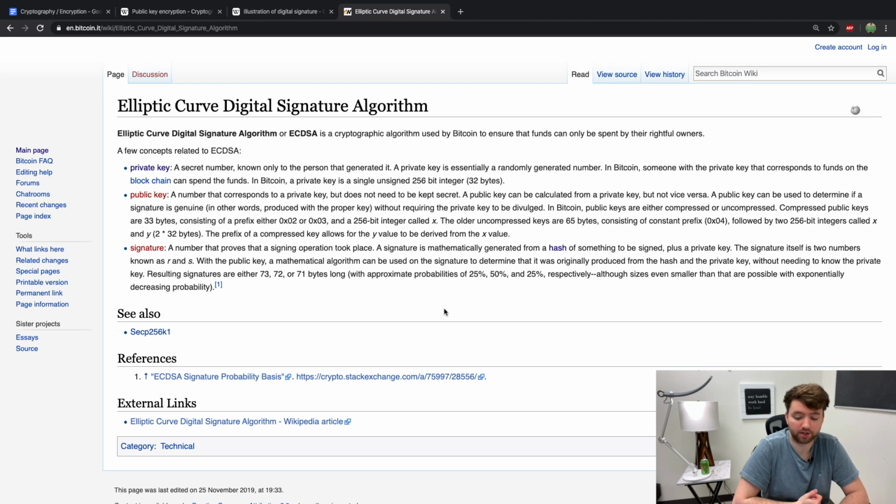Now, the next logical thing for me to talk about is hashing, which is sort of a form of cryptography, but we're going to talk about the details of that and how it's different